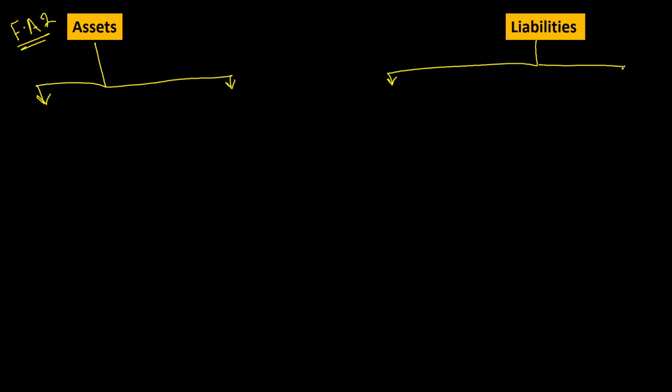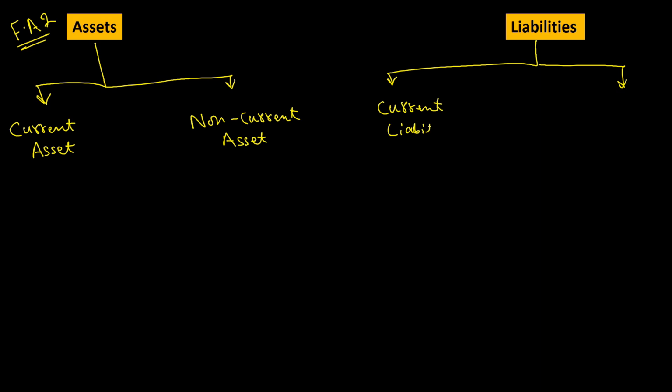It's our second lecture on the paper FA2, and in this lecture first of all we will talk about assets and liabilities. We have two types of assets and two types of liabilities. First of all we have current assets, then we have non-current assets. Similarly we have current liabilities, and then we have